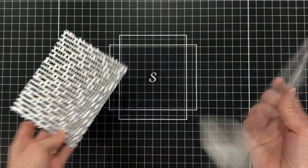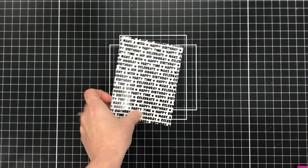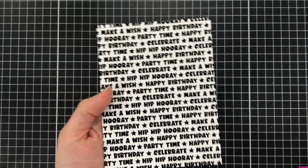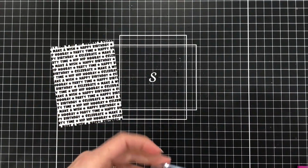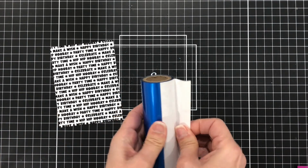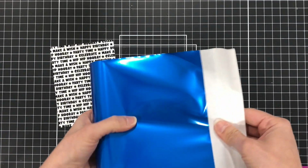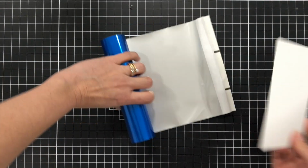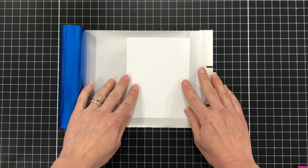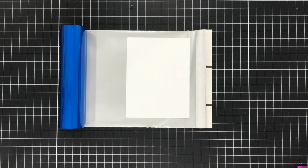I'm going to take out one of these panels. This panel has lots of different party words: make a wish, happy birthday, hip hip hooray, celebrate, party time. So it's a really fun background that you can use on a birthday card. You can use this in place of a sentiment if you wanted to, since there's so many birthday words on there. I'm going to go ahead and cut down a piece of my Pink and Main cheer foil to fit